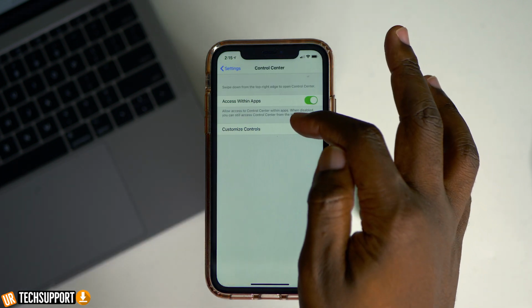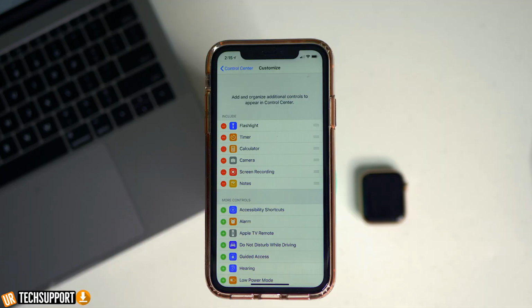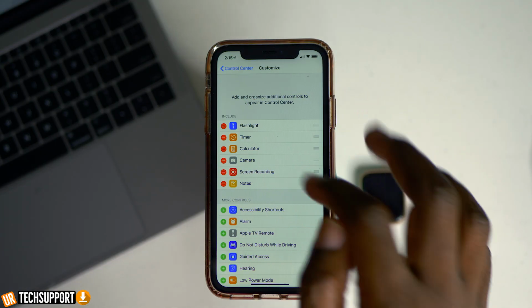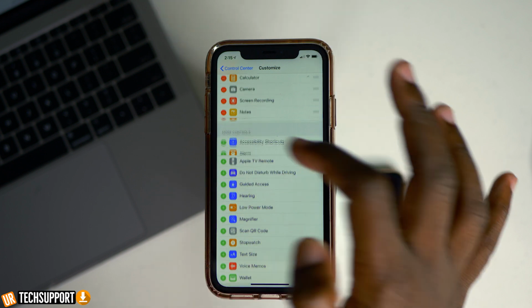Customize Controls. Once there, you have a list of different applications that you can add to your Control Center to gain really quick access. And also, if you're looking to do a screen record, it is already here. Normally, sometimes it's off by default, so a lot of people don't have it on. If you do ever want to record your iPhone screen, this is definitely where you would find the app to do so. So available apps that can be added are under the More Apps section, and all you have to